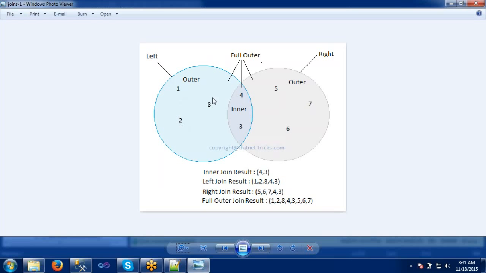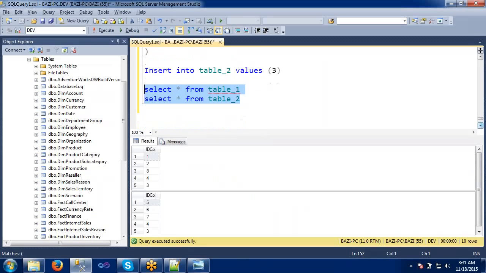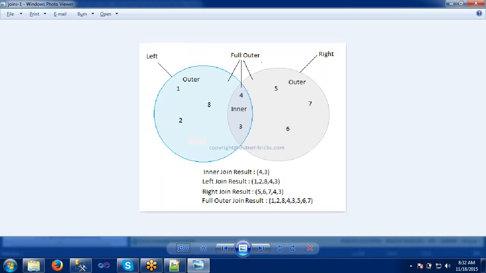This is table 1. And coming to table 2: 5, 6, 7, 4, 3. This is table 2. So now our data is ready with the two tables. Now we will apply the joins and see whether the same results come or not.